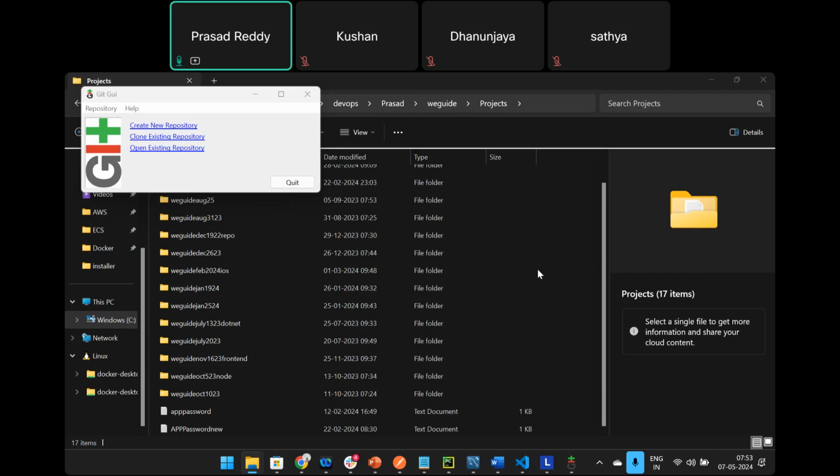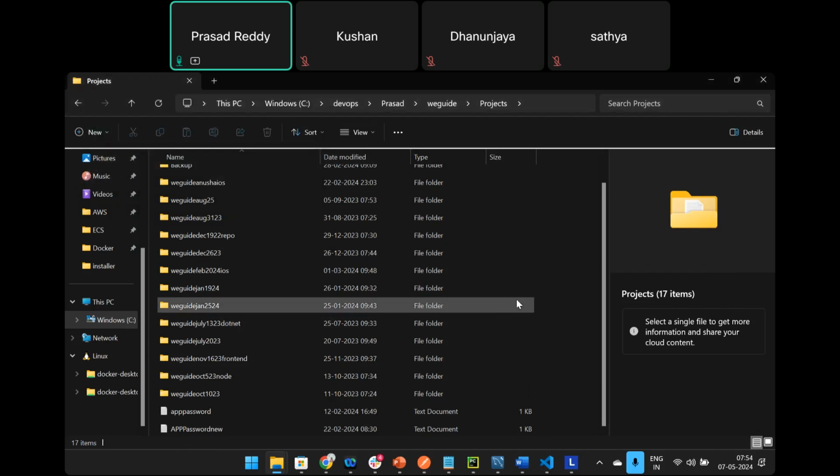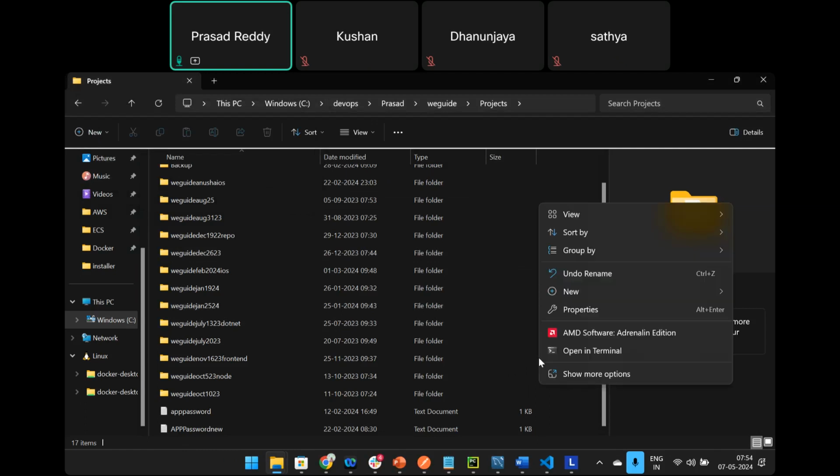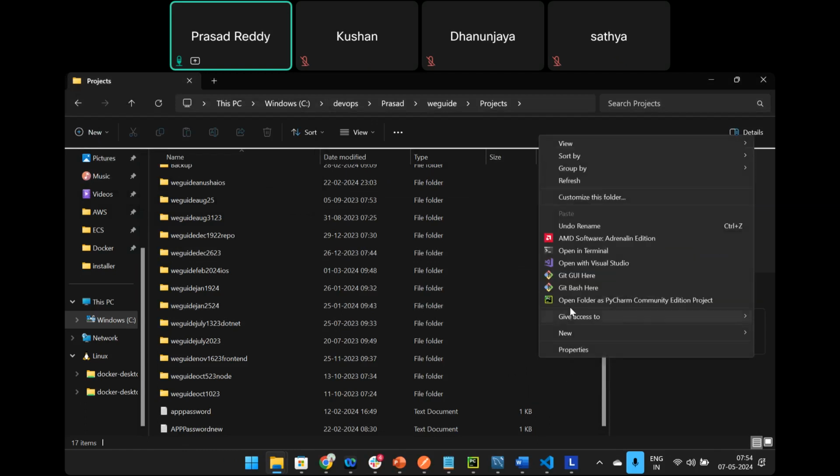First of all, your concept must be clear. Concepts will be clear only when you are using the commands. Getting your point? Okay, so that's the reason I am not trying to show you the Git GUI, which we are not interested in. But you have Git Bash here. You can also use the command prompt. Git Bash and command prompt both are